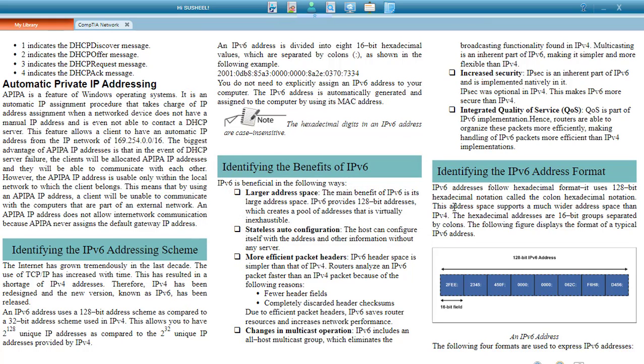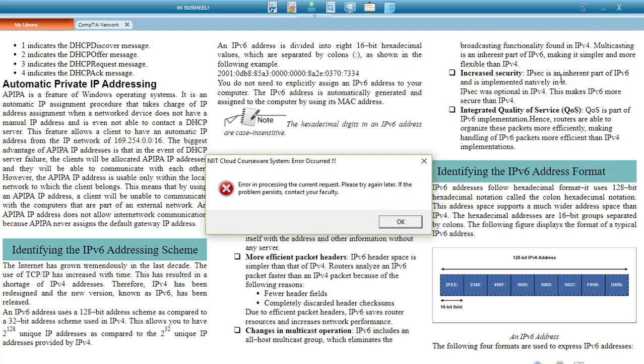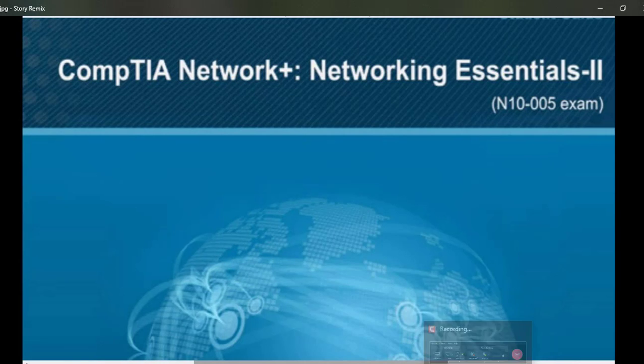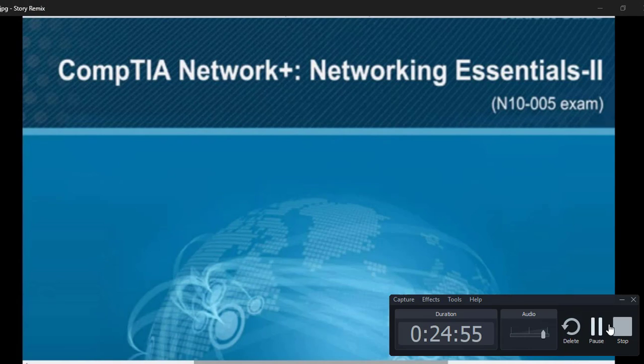An IPv6 address. The following four formats are used to express IPv6 addresses. Usual format. Usually, IPv6 addresses are expressed as hexadecimal numbers. There are 8 fields, each denoting a